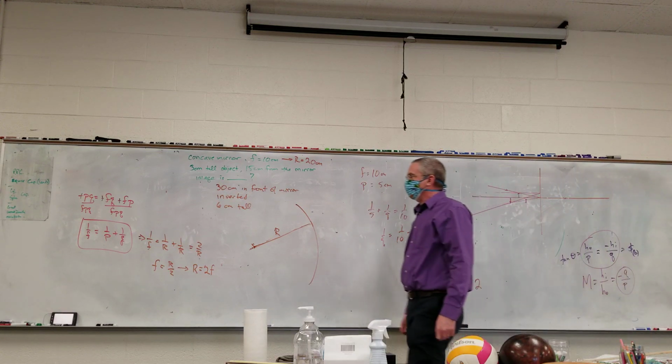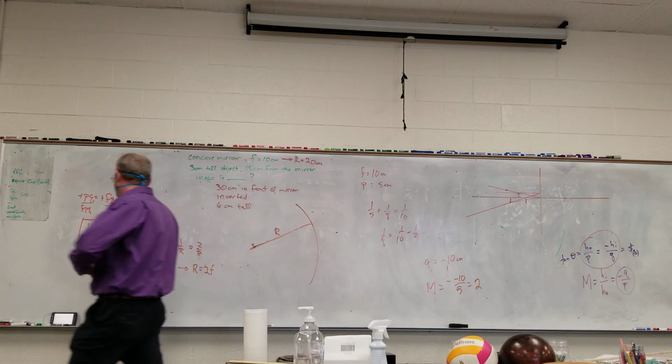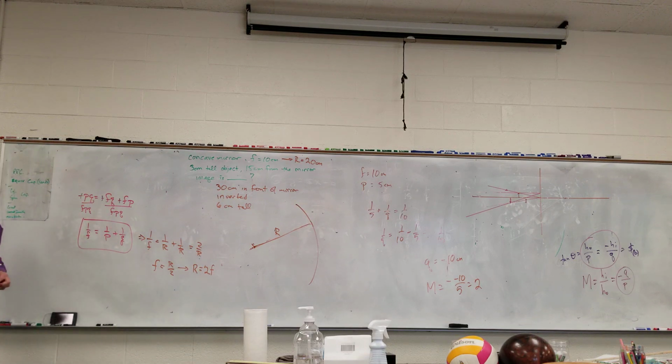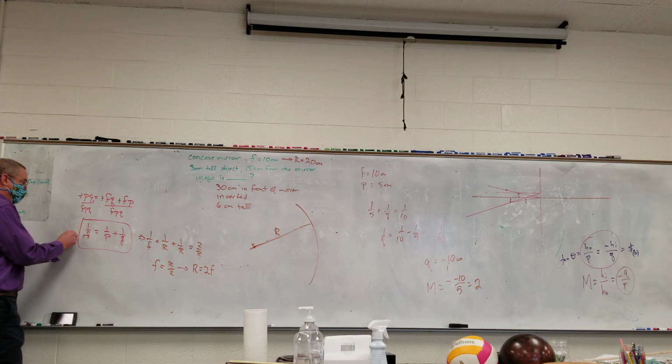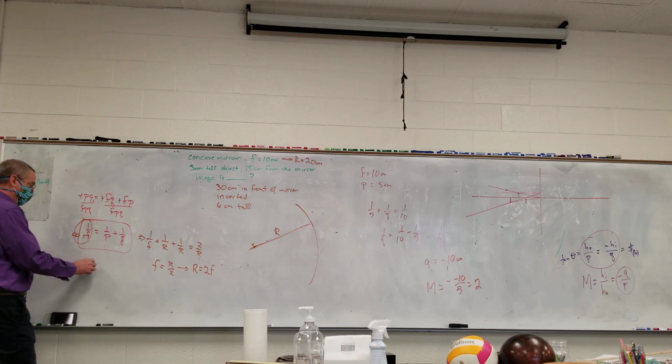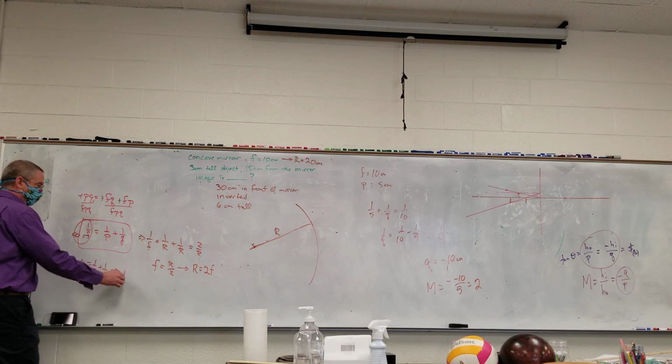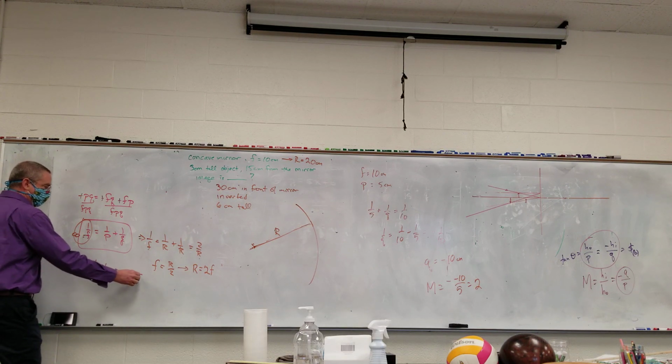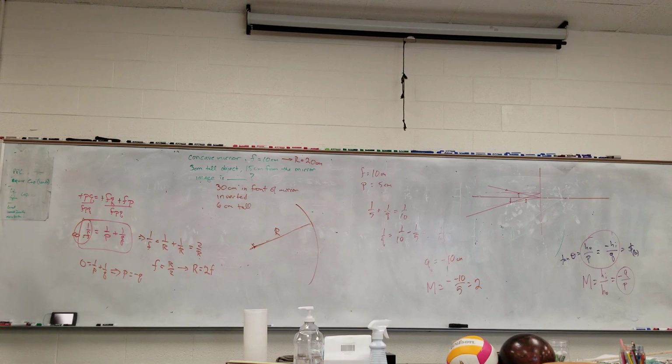If you think about a regular flat mirror, the focal length of a flat mirror is an infinite distance away. So this would be infinity for a flat mirror. In essence, this fraction here is close enough to 0. So 0 is equal to 1 over P plus 1 over Q, which only works if P is equal to negative Q. So if you're 10 centimeters